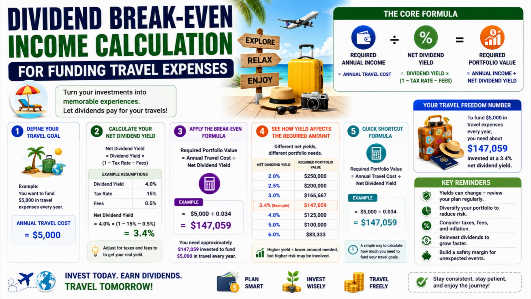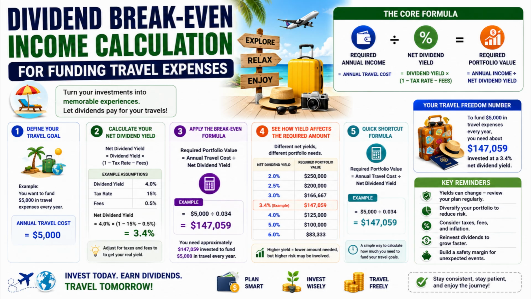Then, it is useful to compare how different yields affect the required amount. At a 2% net dividend yield, you may need about $250,000. At 2.5%, you may need about $200,000. At 3%, the required portfolio value becomes about $166,667. At 4%, it drops to $125,000. At 5%, it becomes $100,000. And at 6%, it becomes about